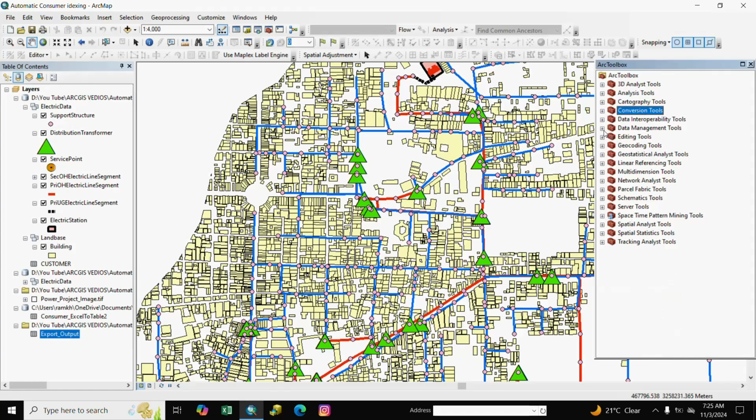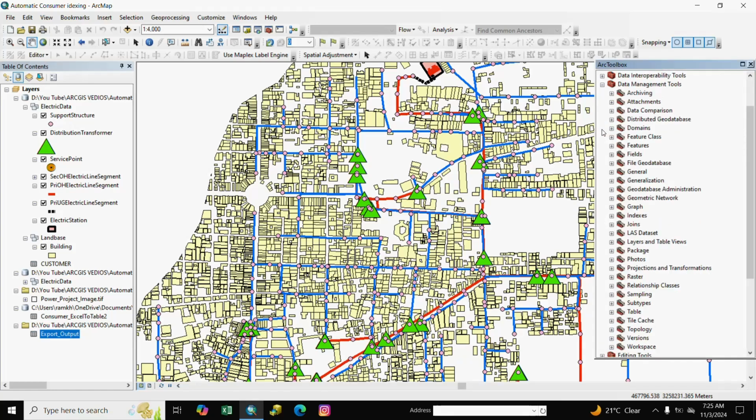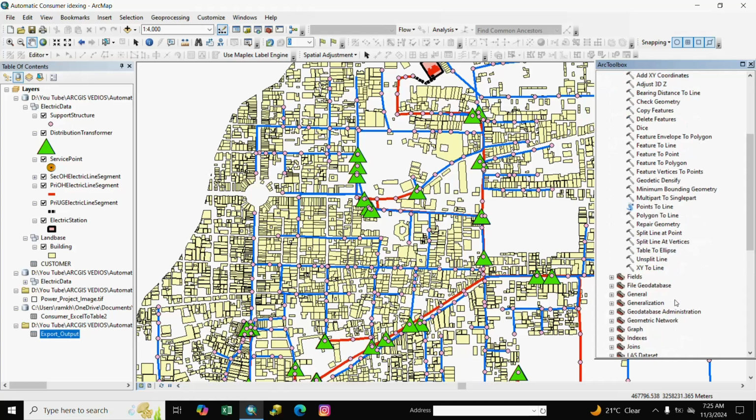After export we go to Data Management, then Features, and go to XY to Line.